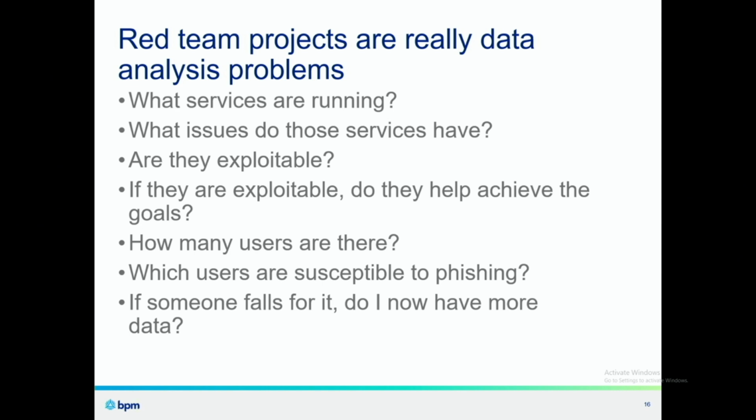So from a big picture view, for me, red team projects are really data analysis problems. I'm going out and churning a ton of data on a company. What services are out there? Are they exploitable? How many users work there? For those services, if I can exploit them, does it actually get me anything, or am I just going to give someone a headache? All of this data is then ingested. I have to sort through it for the relevant information and then make a play on it. And if someone does fall for a phish, I probably then have more information and may still not even have initial access into a company. I may just have their SharePoint access with more data I now have to sift through.